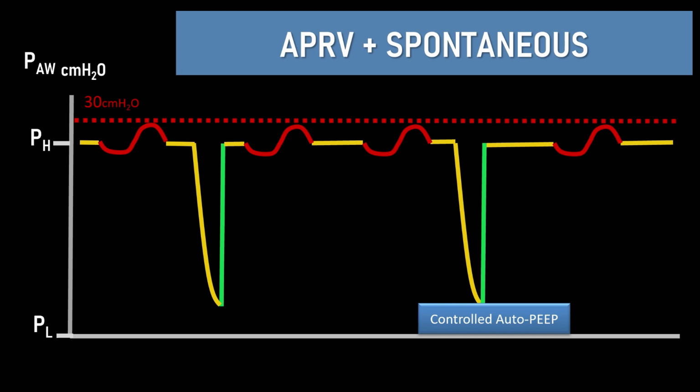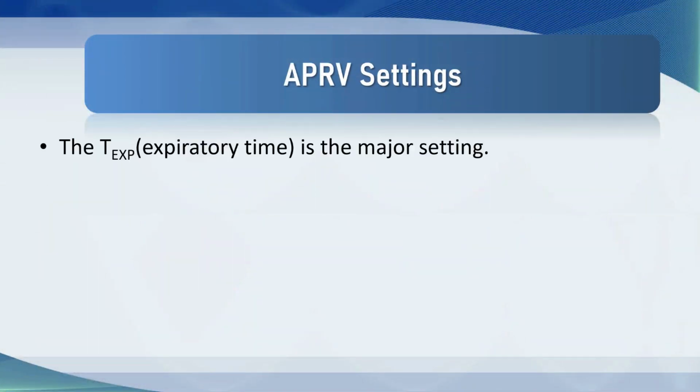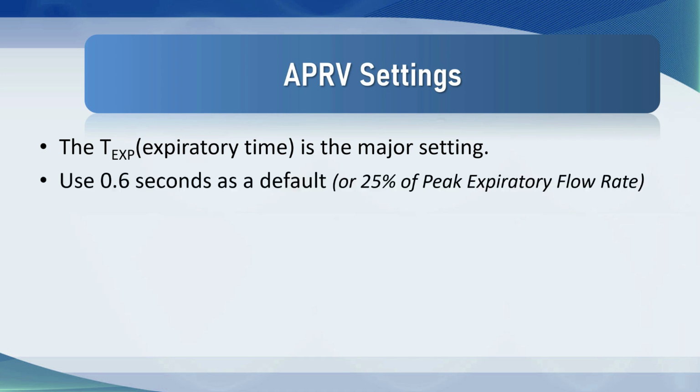Sometimes they get there, sometimes they don't. And if your tidal volumes are a litre, you have to wonder if this patient should be on this mode of ventilation at all with that very short release time. That is the big issue here, of course, the expiratory time and how little time you use. And it's my view that you should take a simple approach to this, and I think 0.6 seconds is a pretty good default. Now, there is a scientific way of doing this using 25% of peak expiratory flow,